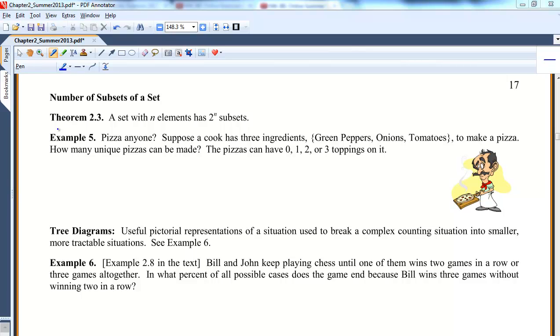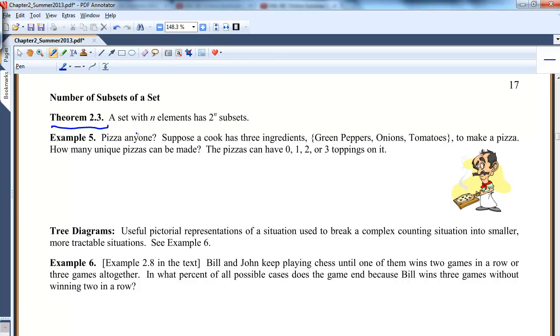Hi, just one other theorem from section 2.2, and then I thought I would do a few examples because they're not so bad yet. But again, 2.3 and 2.4 will pick up a bit. There is an important theorem in this section that I think often gets overlooked, and I do have a homework